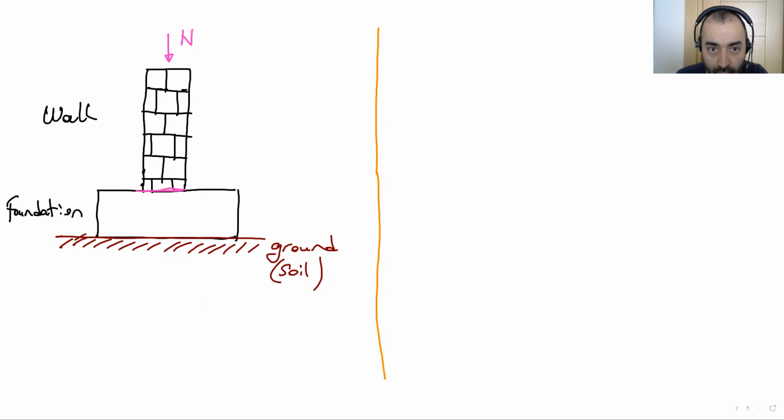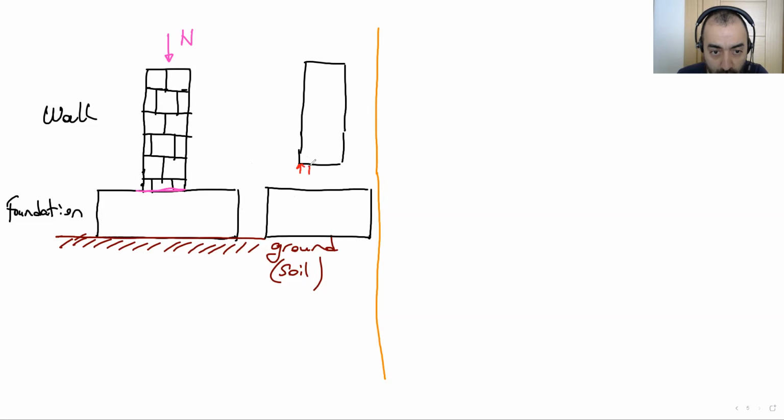So then if we cut the system from that portion, we will see here we are going to see the stresses like this, and act from the action reaction principle, this stress acts on top of the foundation,